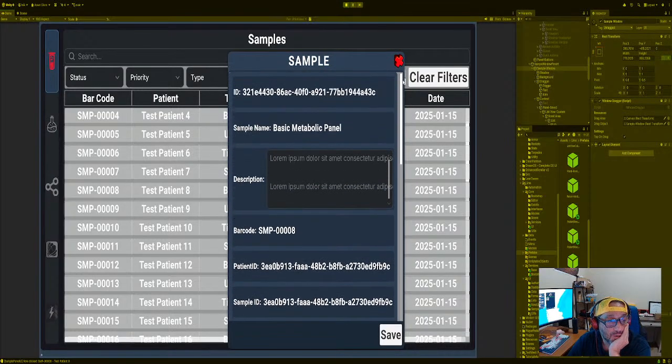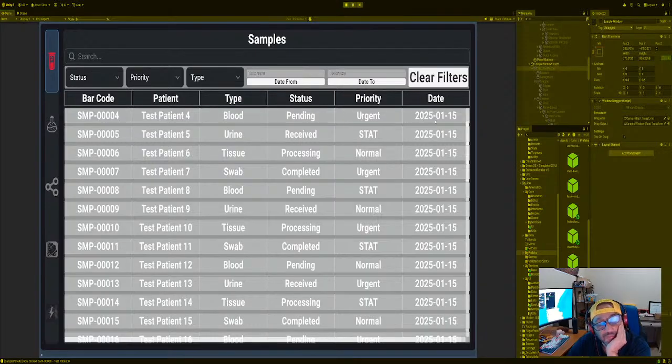Oh, great. So what we did was we just grabbed the data for the columns, right? But we really want all of the data. So we have to do that next time. We don't have to fill in the columns with that data, but we want a full set of data for that sample, right? And not only that, we want the history for that sample. So that's another panel that we got to build. But for right now, I'm gonna show you how easy it is to make once you got a basic